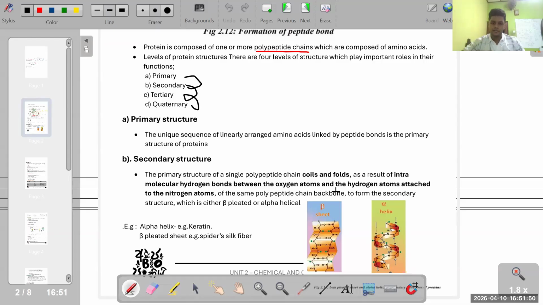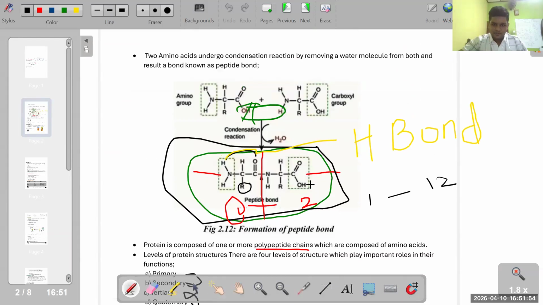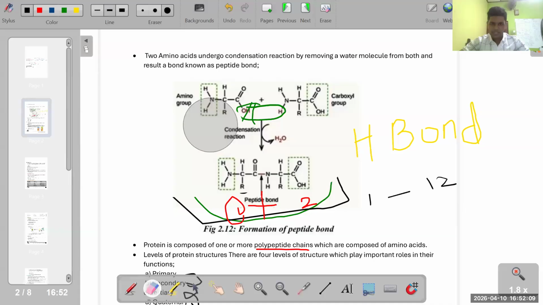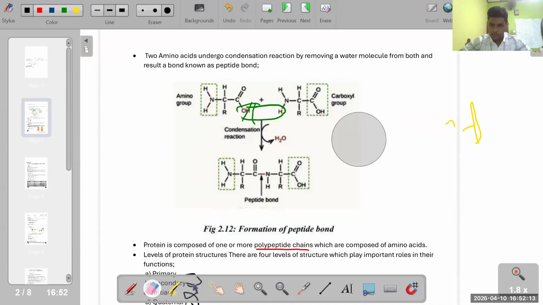Is that clear? So there are instances where this can form. There are two ideas. One is it forms hydrogen bonds between the same backbone. Or another thing is we can say like this also. Don't confuse, just patiently listen to it. Don't get in a hurry. We should complete this. I should try to get these into my mind. No, don't put pressure like that. So let's see.